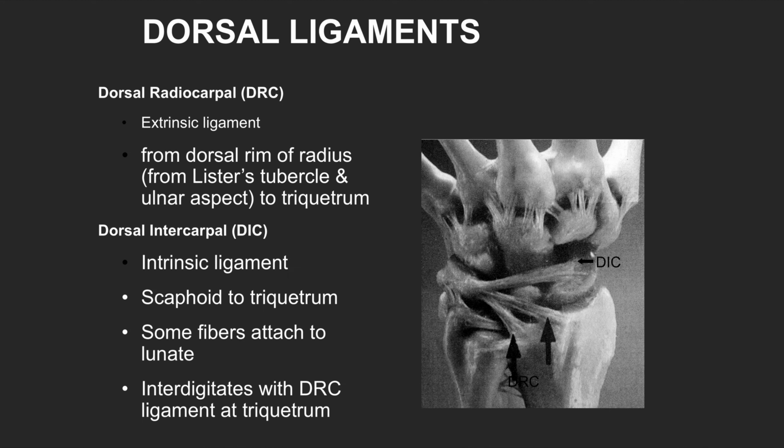Let's look at the dorsal ligaments. These are fewer in number and simpler, but probably less well understood than the volar side. These are the extrinsic ligaments, the dorsal radiocarpal, and that runs from the dorsal rim of the radius and Lister's tubercle to the triquetrum. So here you can see the dorsal radiocarpal ligaments,